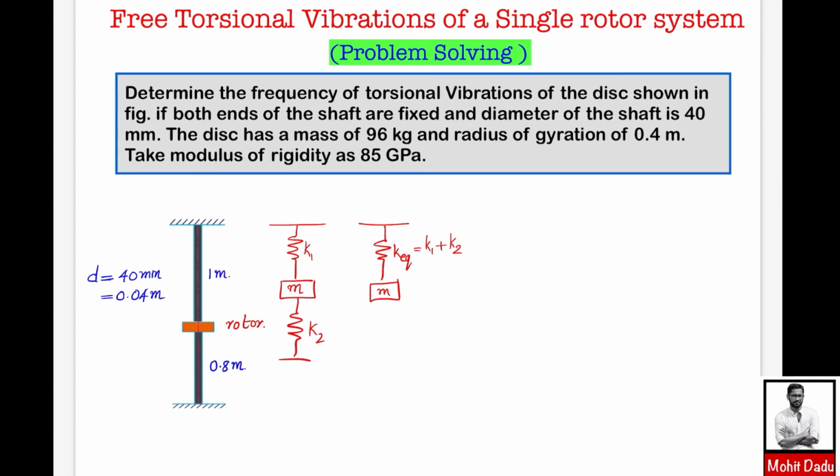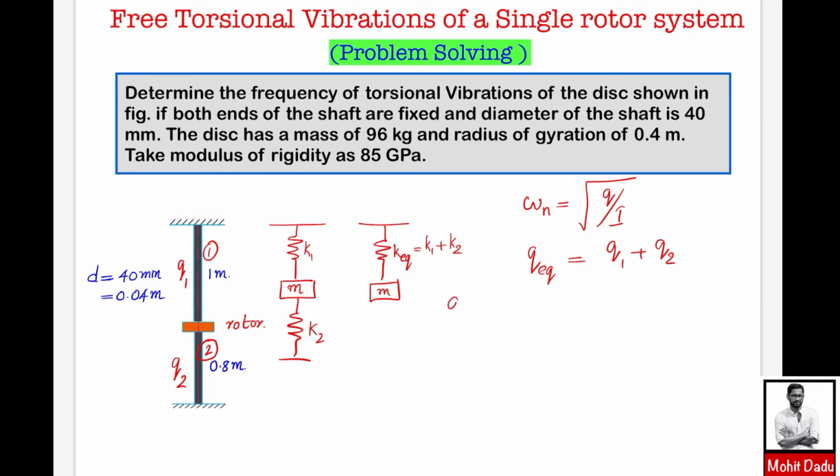Here the natural frequency of the torsional vibrations, omega n, is equal to square root of q by I, where this q is the q equivalent. Here also the system is in a parallel connection. If this part of the shaft has a torsional stiffness of q1 and this part has a torsional stiffness of q2, then the equivalent torsional stiffness will be equal to q1 plus q2. For the first part, which I am calling 1, the stiffness is q1, and this is the second part, which has torsional stiffness q2. Only the length is different; diameter, properties and everything else are the same.